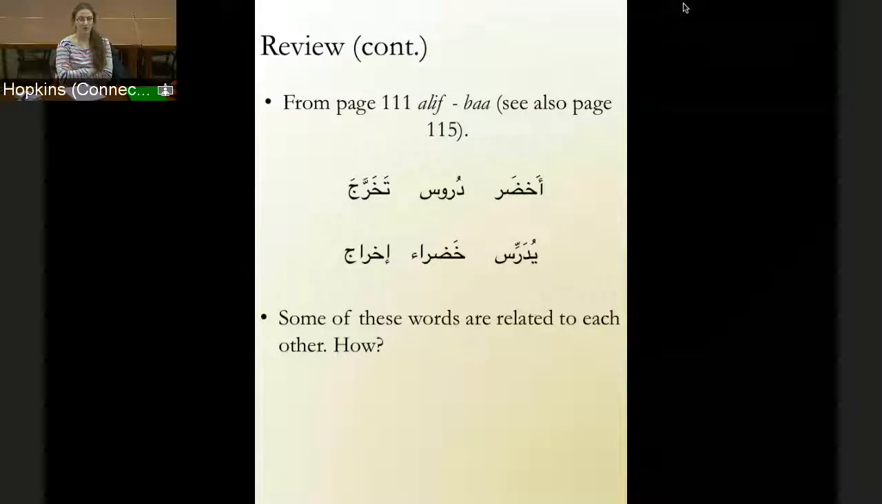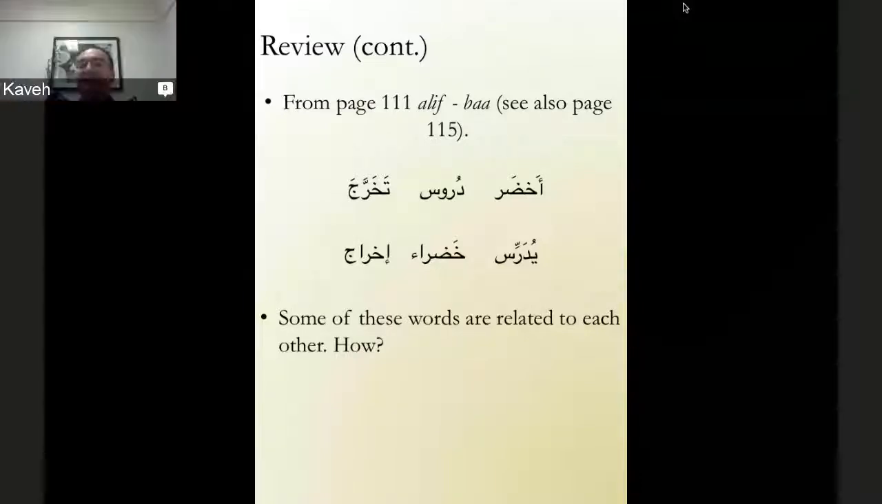Well, two of them mean green. Which two? Akhdar and Khadra. Yes, very good. They both mean green. Very nice. Is yudarris or yudaris and